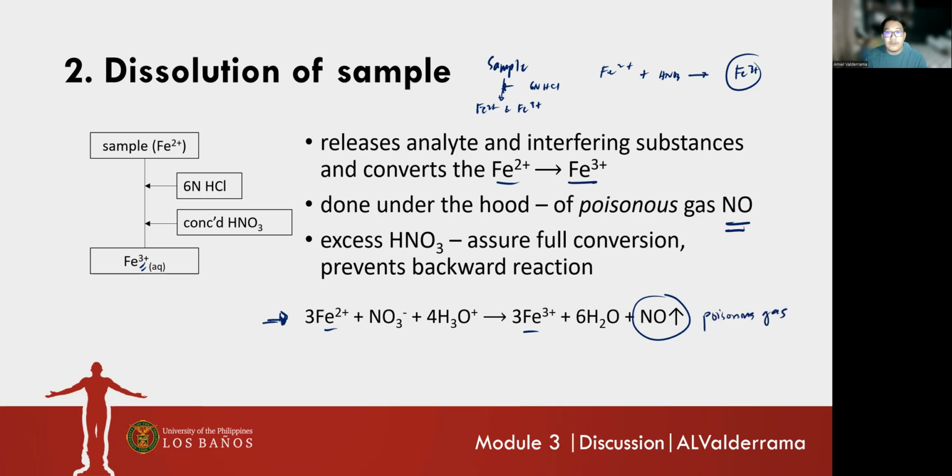So I think this is part of your pre-lab questions on how or why you have to conduct the addition of nitric acid under the fume hood. So you must have indicated there or specified that there is a production of poisonous gas in the form of nitrogen monoxide as you convert your ferrous ion to ferric ion. So again, let's go back to our video presentation